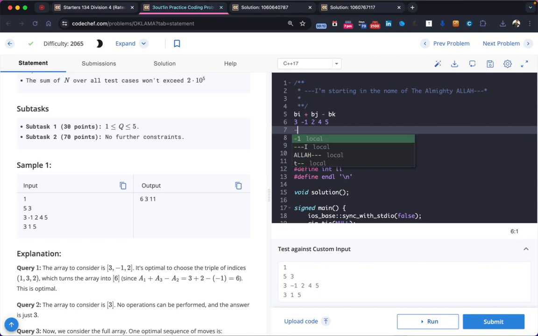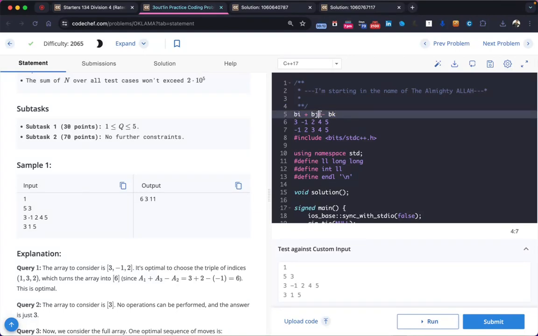If we sort the array, minus 1, 2, 3, 4, and 5, then only we can get the maximum element. If we need to maximize this, what will we do? We will maximize this and we will minimize this, right? So we take bi and bj as 4 and 5, and bk as